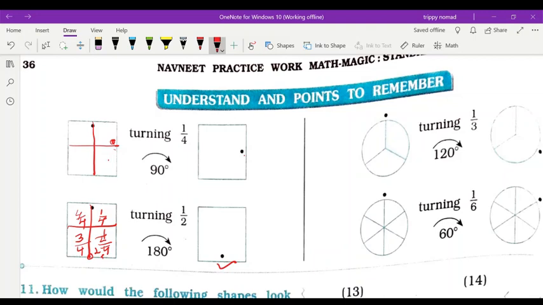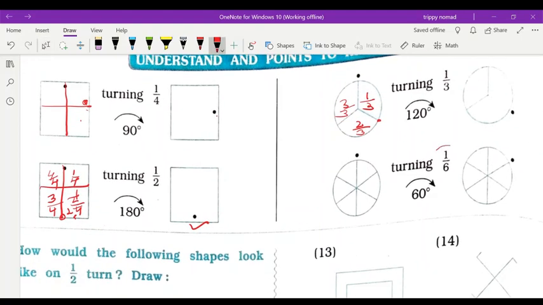And if they are talking about 1/3 part, that means you have to divide into 3 equal parts. The object they have drawn, you have to draw first, you have to divide that object into 3 equal parts as they have done. Okay, 1, 2, 3, 1/3. I am going to do it again for you. So this is 1, 2 and 3. Out of 3, this is 1/3, this is 2/3, this is the complete one. Okay, 1/3, that means it will come here. So they have to draw here.